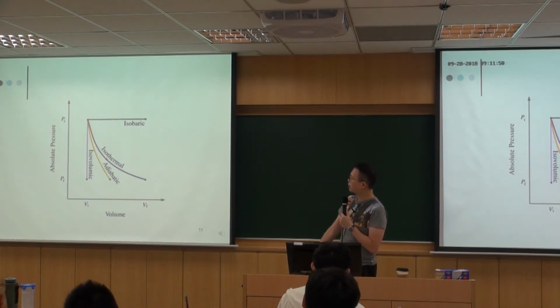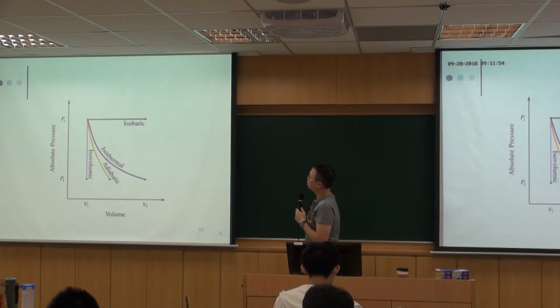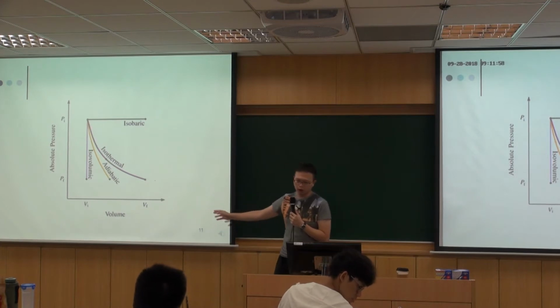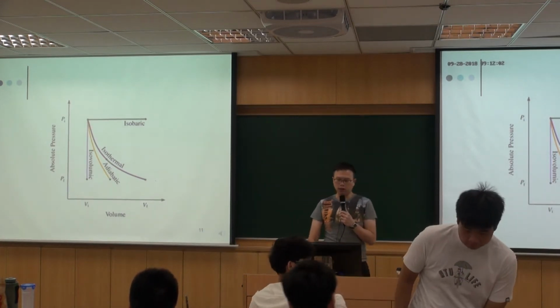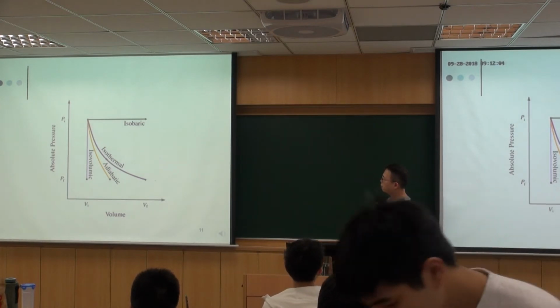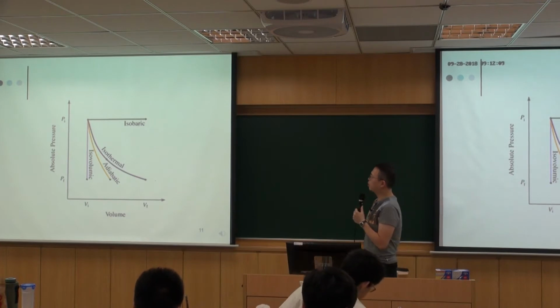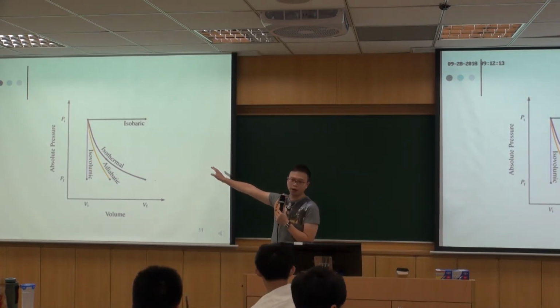It means that the pressure is kept at a constant value. And the volume will start from an initial value and end at some final value. And last time we also talked about the work done by the system can be estimated by the area underneath